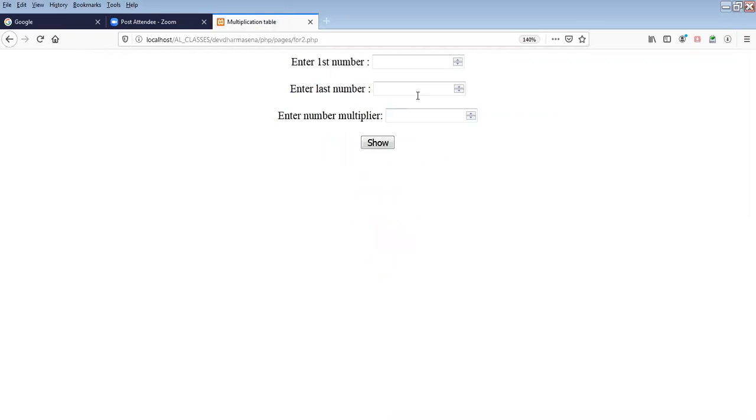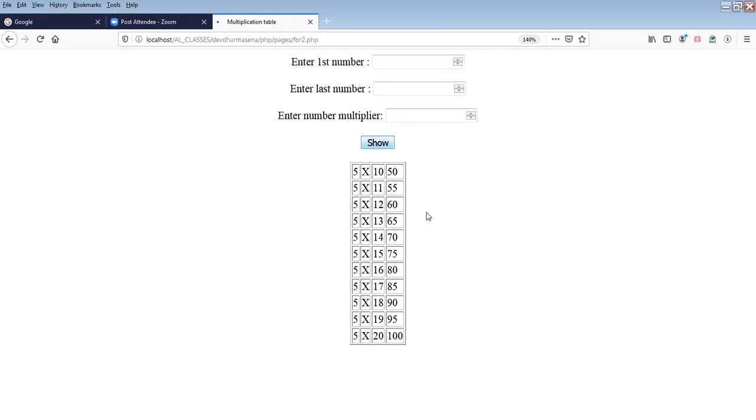So look, now it's asked me the first value. I'll say 10. The last value was 20. So my multiplier is going to be 5. Did you see that? Yes, sir. Okay, so this is printing me a multiplication table. Okay, we can have anything, right?